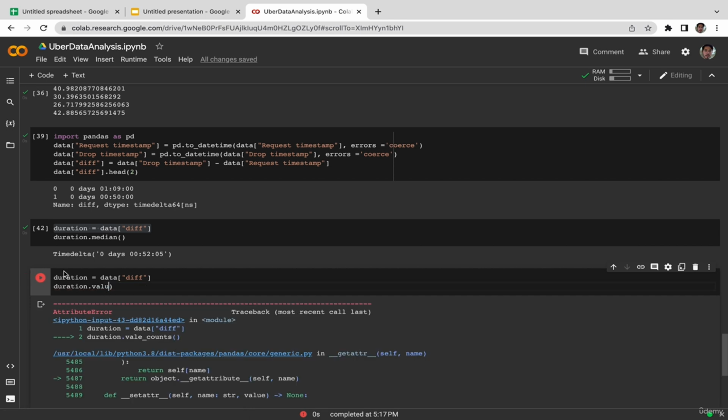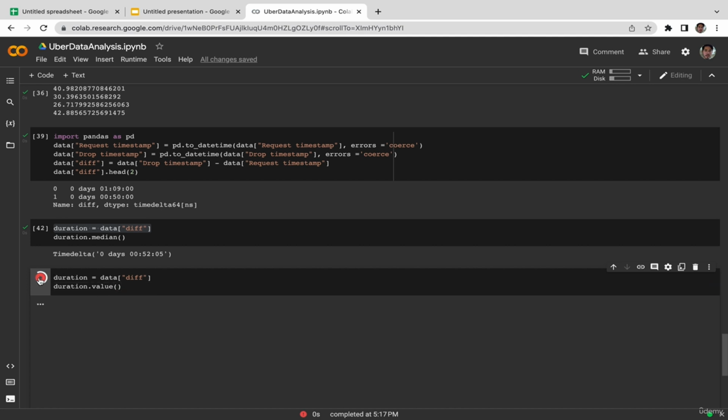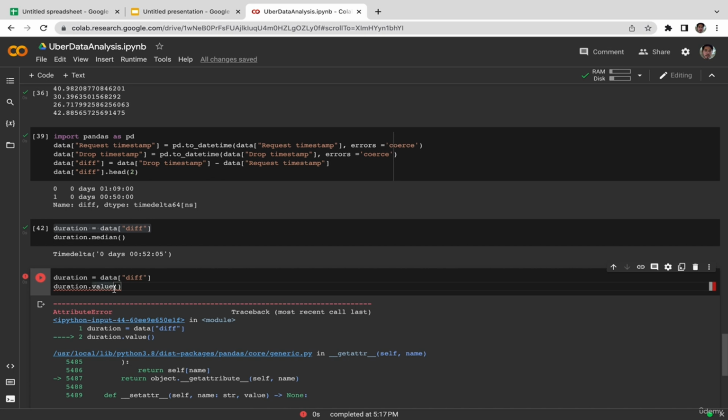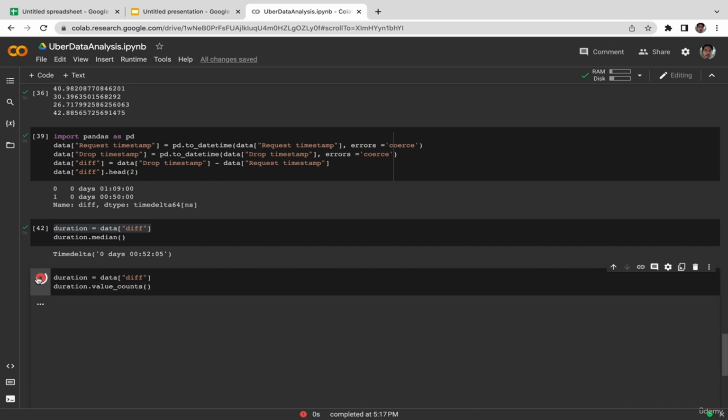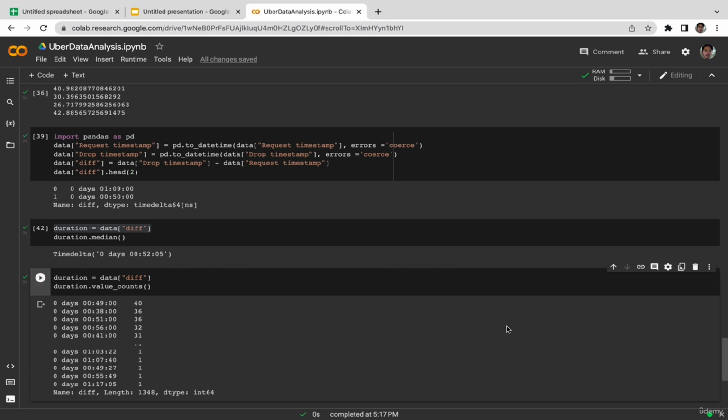Actually, I mistyped it, so I'm going to fix it first. Then here we go. Oops, sorry, I mistyped it again, unfortunately. Let's see what's going on here. Okay, so